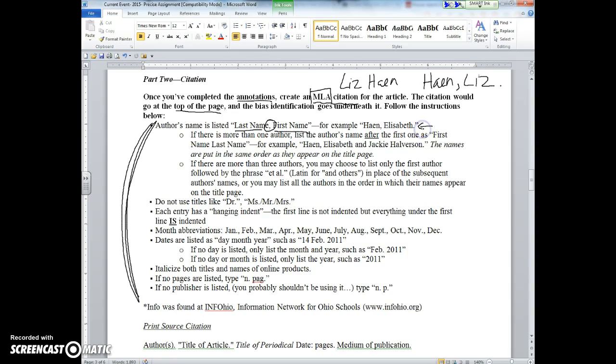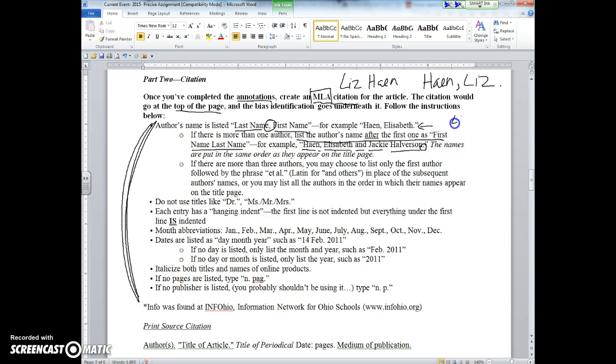Now, sometimes, not very often, you're going to have more than one author. If that's the case, you list the author's name after the first one as first name, last name. So for example, if Ms. Halverson and I wrote an article together, you would cite us as Hain, comma, Elizabeth, and Jackie Halverson, period.